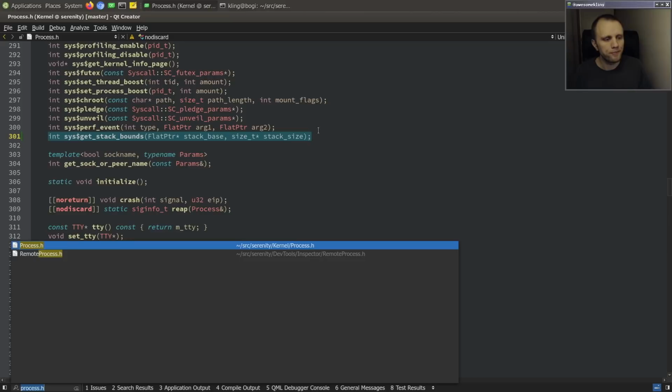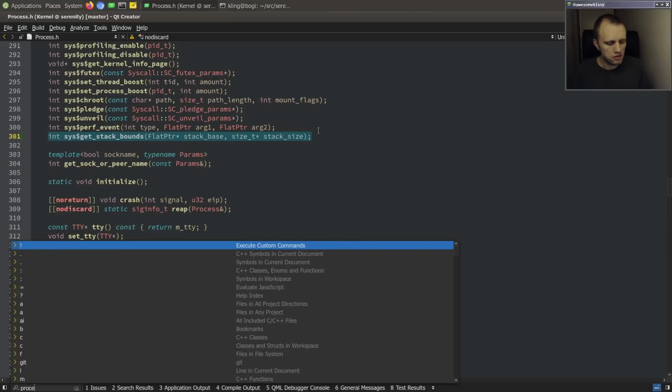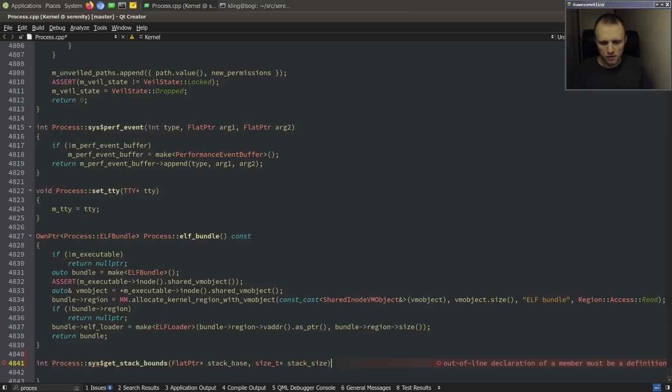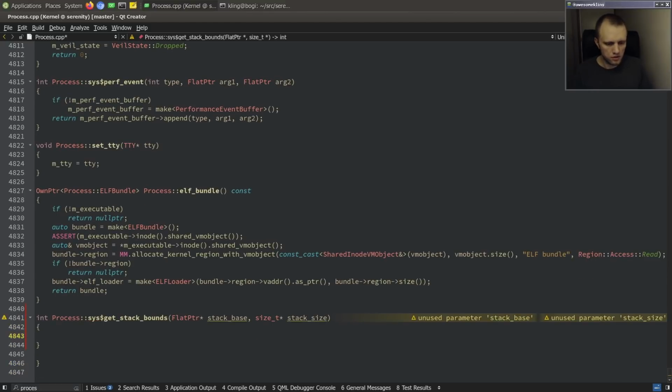Something like that. And process.cpp. So this function is going to figure out what the stack is, where the stack is for the current thread, right? That's what it's going to tell you. So